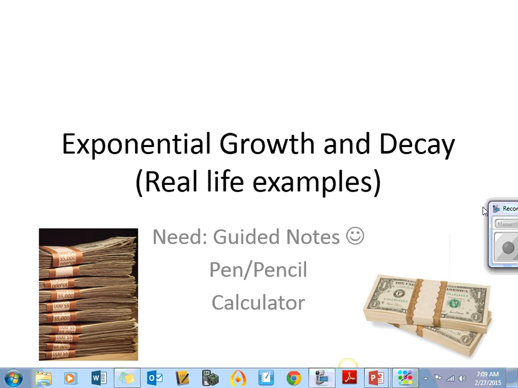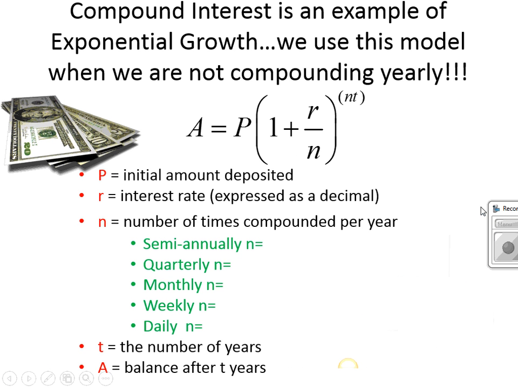All right, example number 1 is talking about compound interest. This is an example of exponential growth. We talked about that yesterday. We use this model when we're not compounding interest on a yearly basis. So when we're talking about it being compounded monthly or semi-annually or quarterly, we would use this equation. All right, so A is equal to P parentheses 1 plus R divided by N, all to the power of